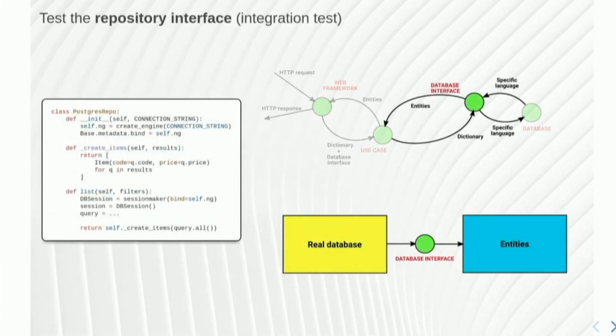I have to test that this works, and I can do it in isolation. And last, I can test my repository interface. This requires the database, because this is an integration test, okay? I'm testing that the facade of the database works, so I need the database running. This might be a slow test, that you might run just sometimes.